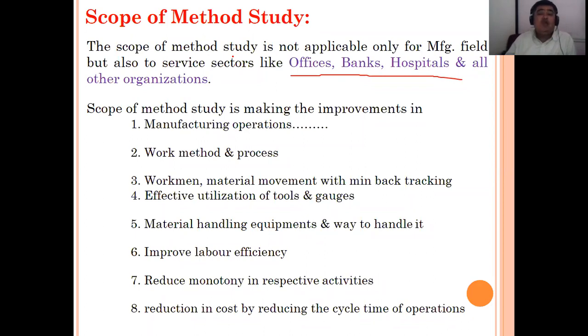So always these banks and hospitals think about which facility you are going to use, and according to that, the location is finalized. So this method study is not only limited to manufacturing; that is our point, and we are going to discuss it a little in detail here: how method study is useful for banks, hospitals, and other things also, because it is not only limited to the manufacturing industry. This machine kept in this corner, this machine kept in this one. No, it is not like that.